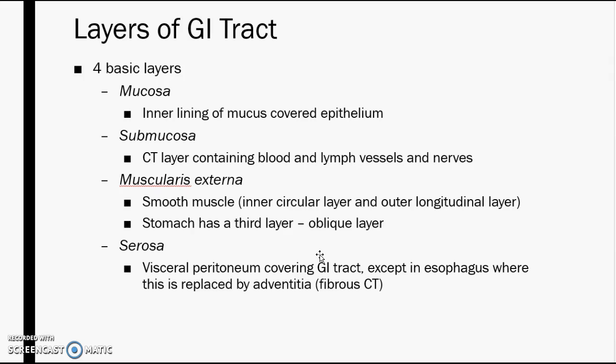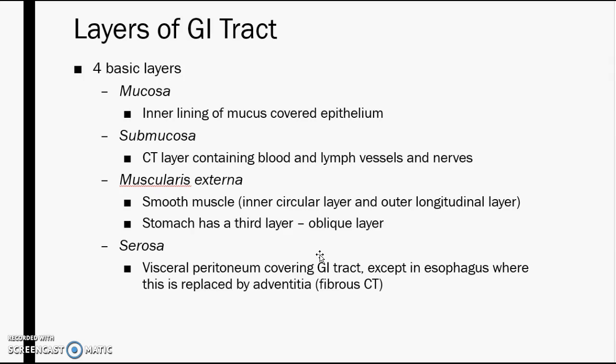Let's take a look at the layers of the GI tract. There are 4 basic layers. The mucosa layer is the inner lining of mucus-covered epithelium. The submucosa is a connective tissue layer containing blood and lymph vessels as well as nerves. The muscularis externa is smooth muscle. There is, in most areas of the GI tract, an inner circular layer and an outer longitudinal layer. In the stomach there's a 3rd layer, the oblique layer, that helps give the stomach a little more power to